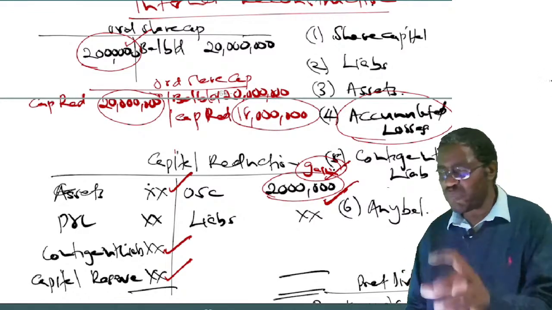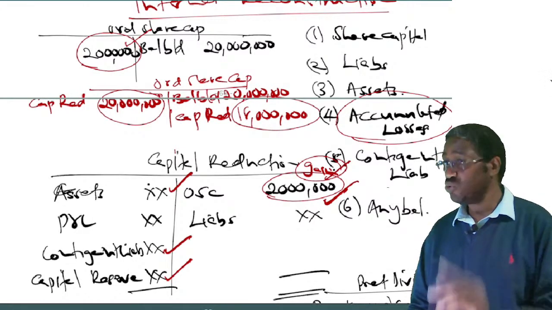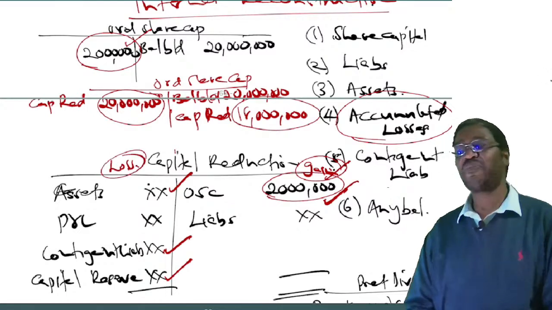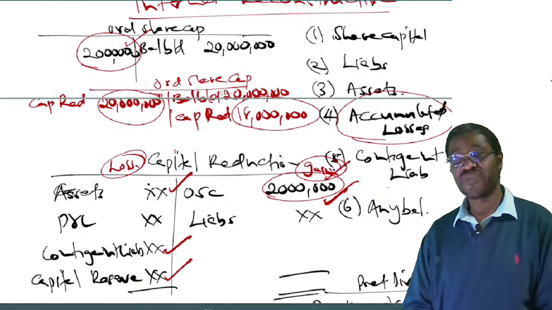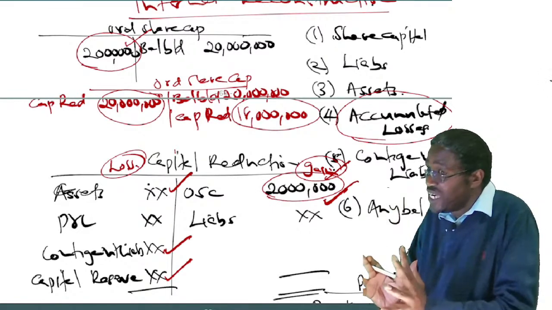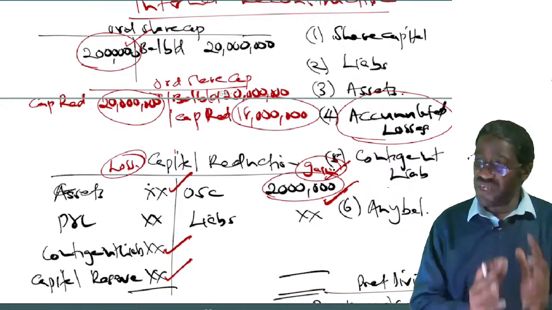Anytime the company made a loss in the process of reconstructing itself, you realized that loss has been debited in the capital reduction. That's what you have realized. From those 4 entries alone, anytime we made a gain, it had to be credited. Anytime we made a loss, it had to be debited.